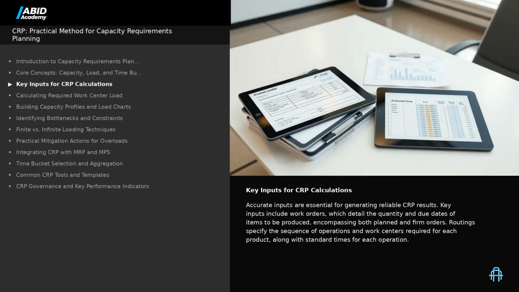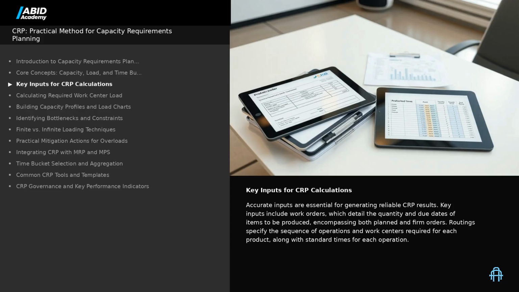Key inputs for CRP calculations. Accurate inputs are essential for generating reliable CRP results. Key inputs include work orders, which detail the quantity and due dates of items to be produced, encompassing both planned and firm orders. Routings specify the sequence of operations and work centers required for each product, along with standard times